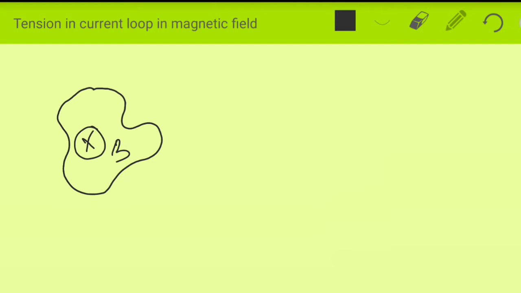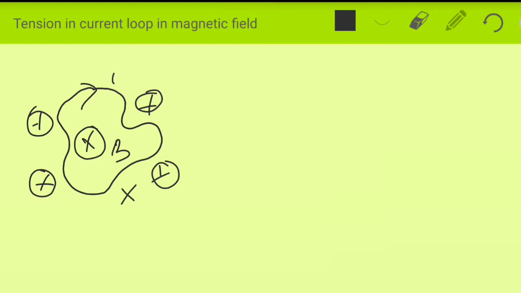B represents the magnetic field and direction is represented by the cross. So cross means it is perpendicular to the plane of the paper and directed inward. And the magnetic field is everywhere, so the loop is in the magnetic field. It is a uniform magnetic field. Now, when the current flows in this loop, suppose I is the strength of the current, flowing in the direction as marked.